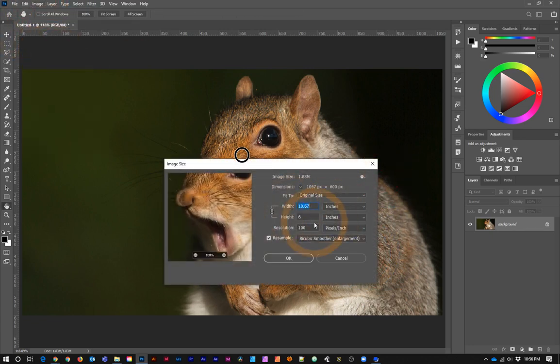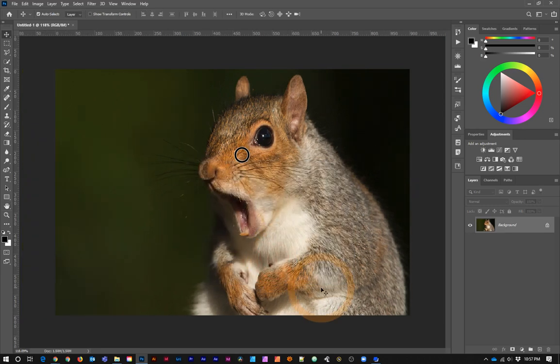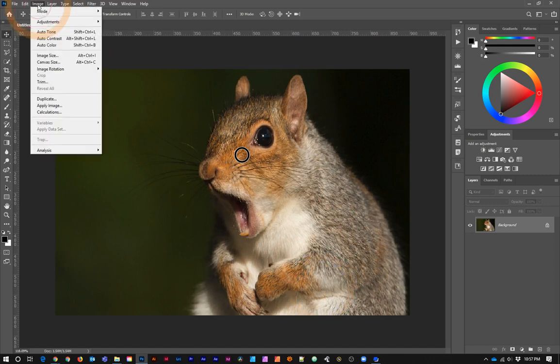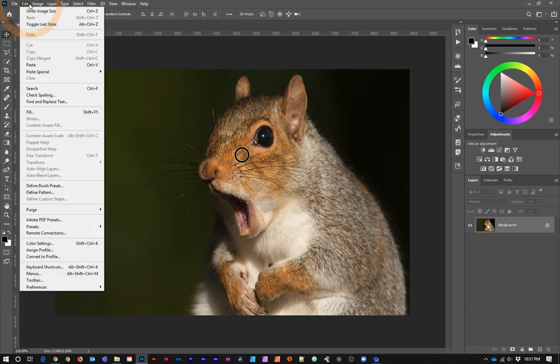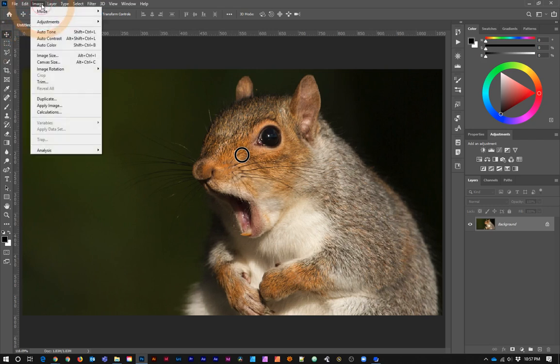Image size. So I do have to resample, of course. What I need to do is turn that off so it's not locked. So I'm going to change that to 9 inches by 6 inches at 100 pixels per inch, and I've unlocked the height and the width, and now I click OK, and now what you've seen is that it's squeezed in my image, and that's not a good thing. You definitely never want to squish an image unless it's like a texture that nobody could tell that you ever did stretch. So I'm going to undo that, Edit, Undo Image Size,